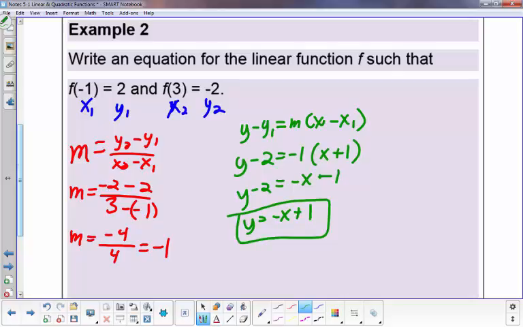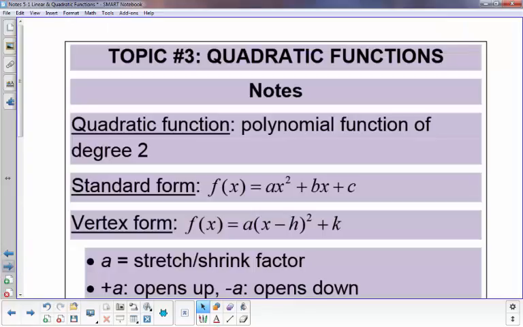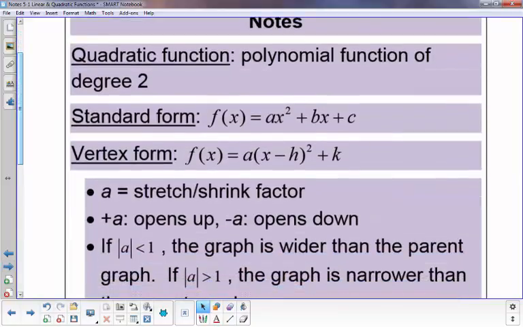Pretty simple. Hopefully everyone remembers that from Algebra 1. And we move on. Alright, so now we talk about quadratics. Quadratic functions are functions of degree 2. The standard form of a quadratic, as we saw before, is y equals, or f of x equals, ax squared plus